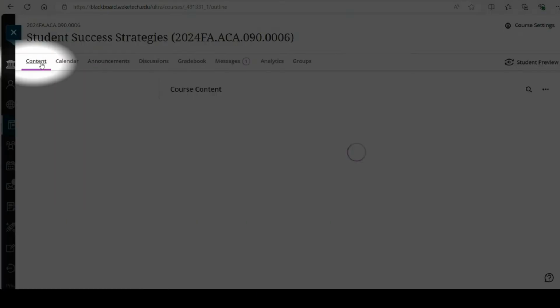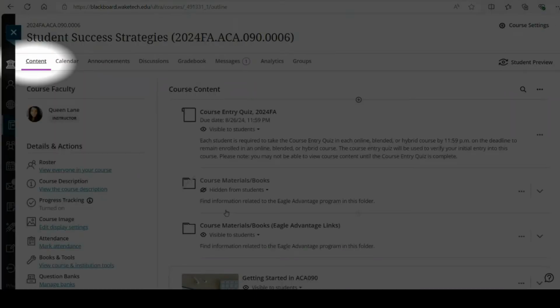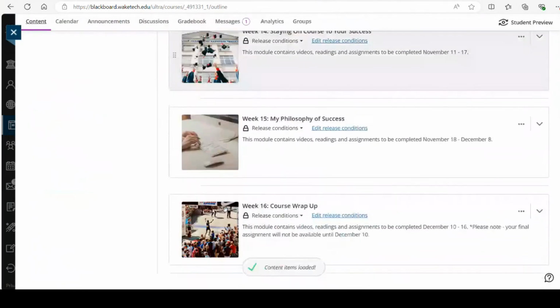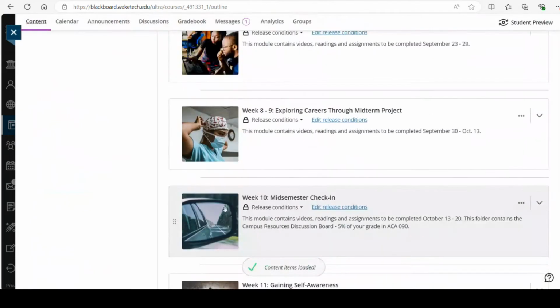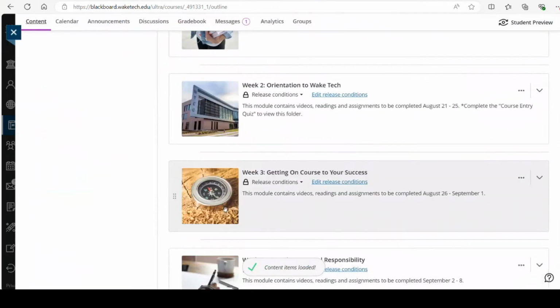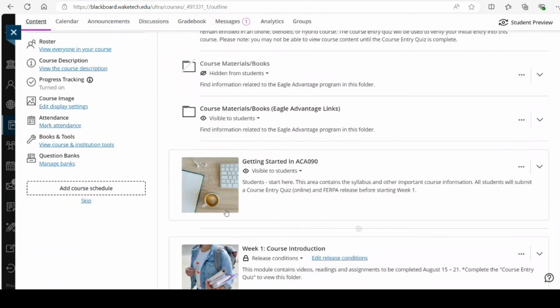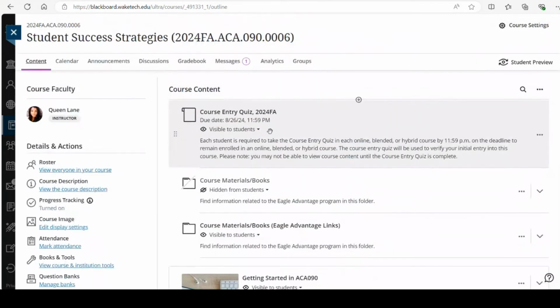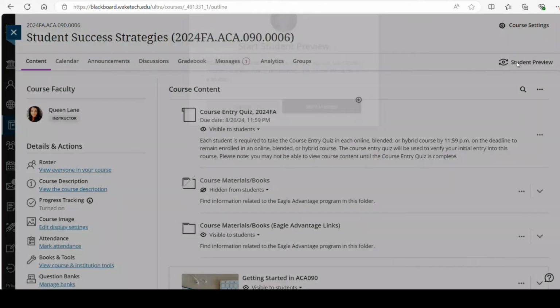So I'm back over in content. Content is where most of our main material will be showing. And you cannot see all of these weeks. Our course is a 16-week course, but the folders are hidden from you. Once you complete the course entry quiz, you will be able to see a couple of weeks of content. So I will click on the student view just to show you